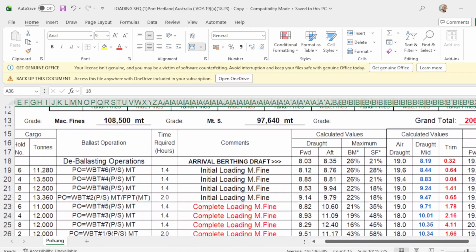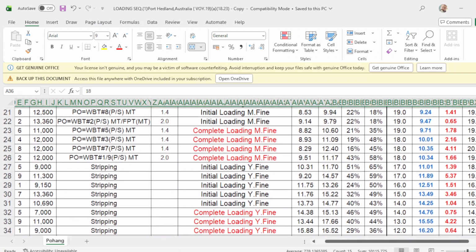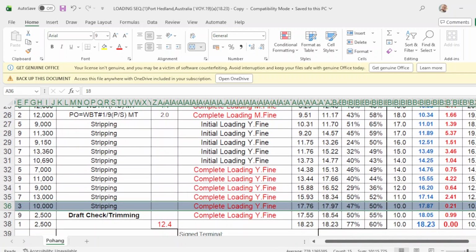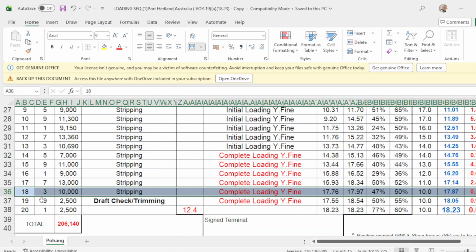According to your loading sequence or loading plan, upon completion of loading in hold number 3, you will advise the foreman after you have completed this 10,000 metric tons loading in hold number 3, and this will be sequence number 18.